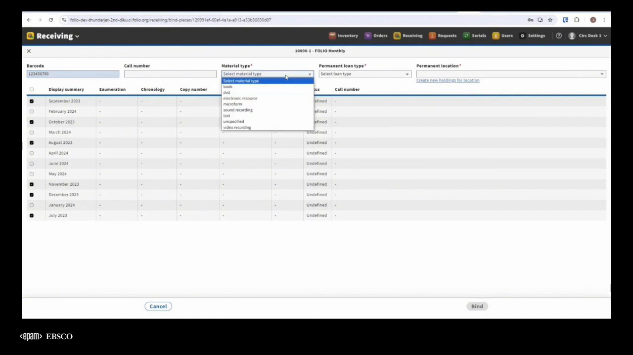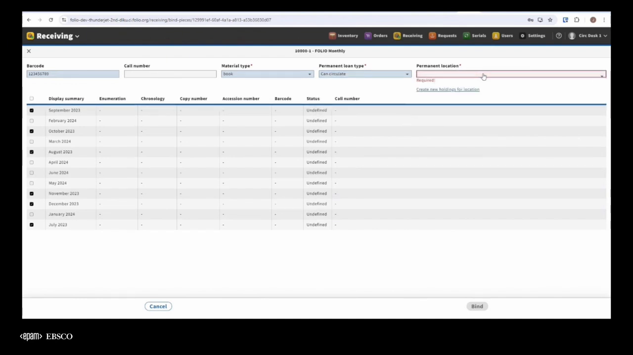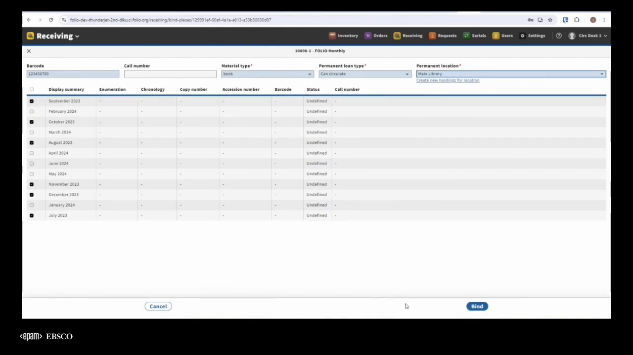Because we are creating an item, material type must be selected, as well as permanent loan type and permanent location. Permanent location will start with any location that exists for the existing holdings, but you can assign a new holding for this location for your bound pieces. In this case, I'm going to go ahead and stick with the main library. Then clicking on bind, we'll simply create